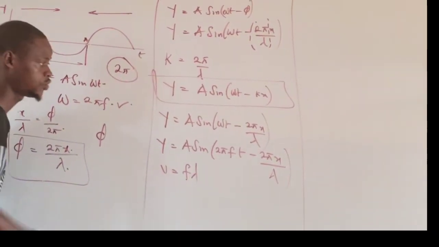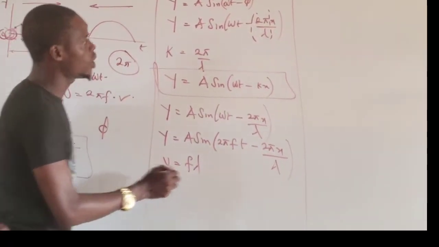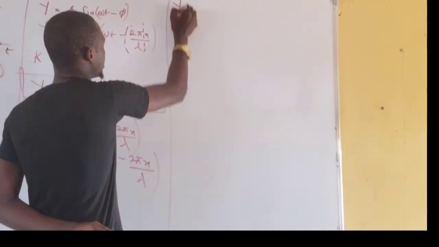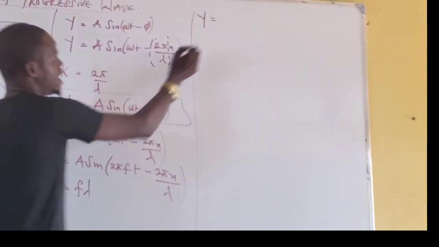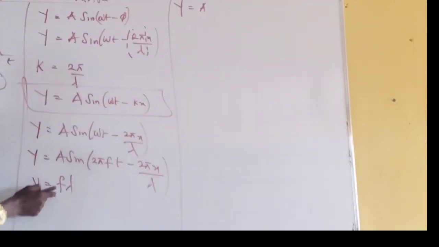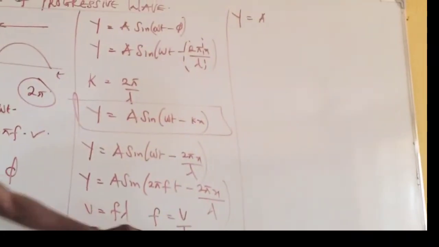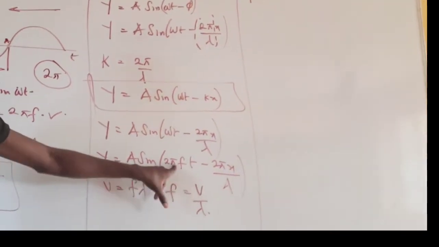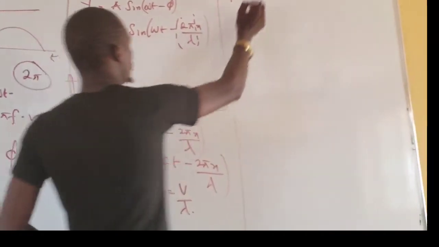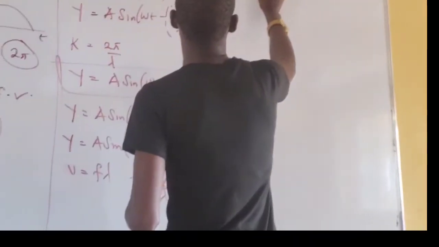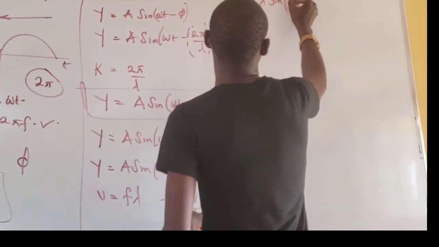Then I can replace the frequency with the speed of the wave over wavelength. This is my frequency. Now I can substitute this back into the equation, and I'll have y equals a sine (2 pi